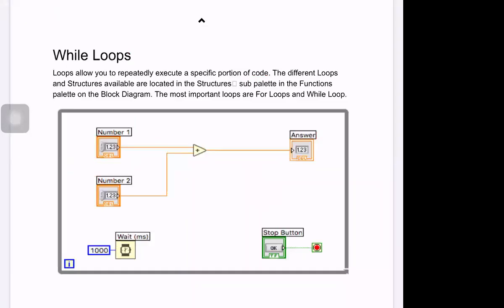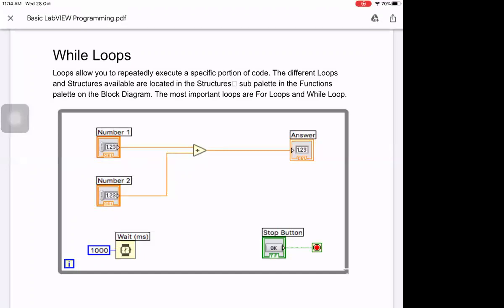On the screen you can see this is your while loop case. If you want to plot this in LabVIEW, you have to pick the number. When you go to the options section at the top, there is a number option for which number you want to choose.